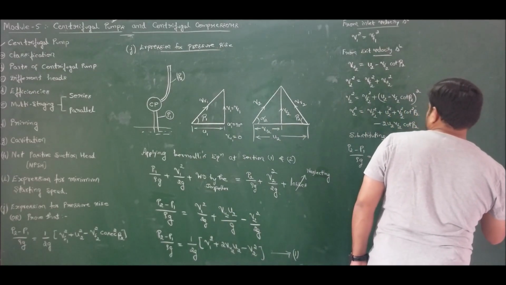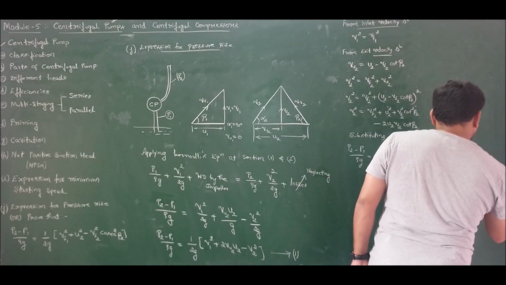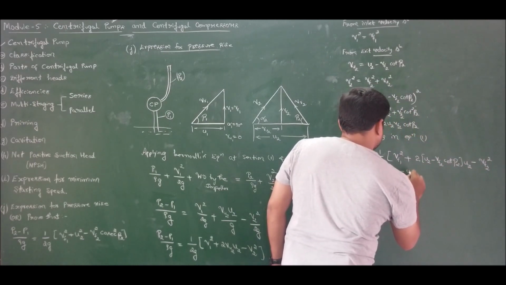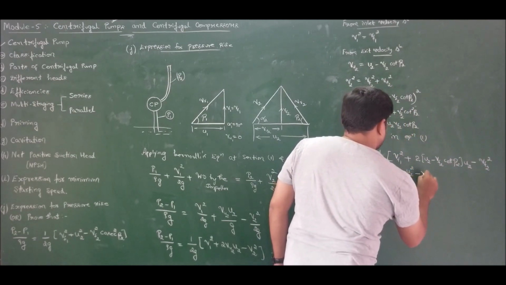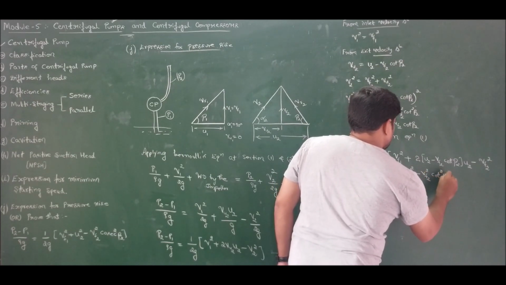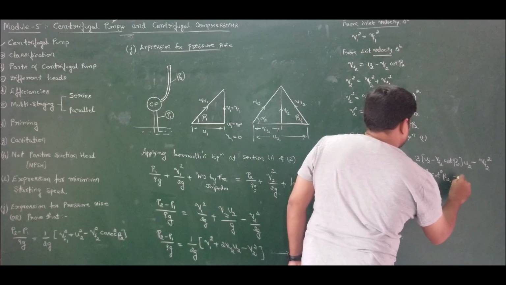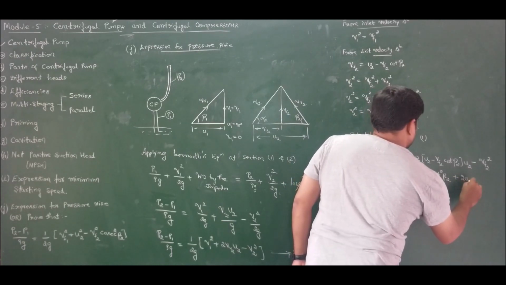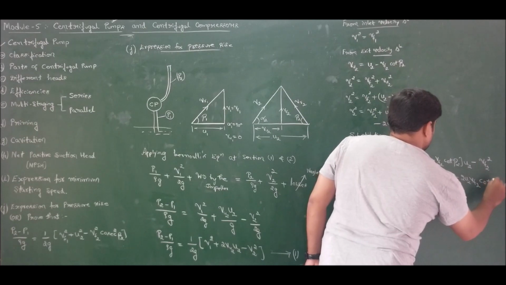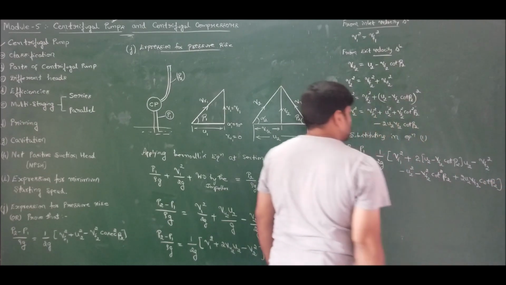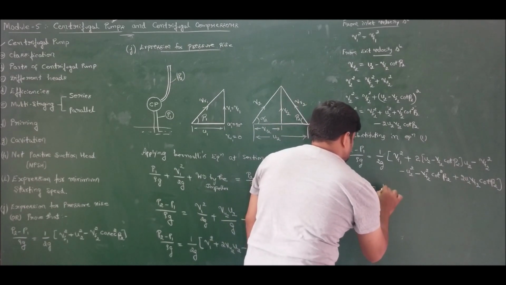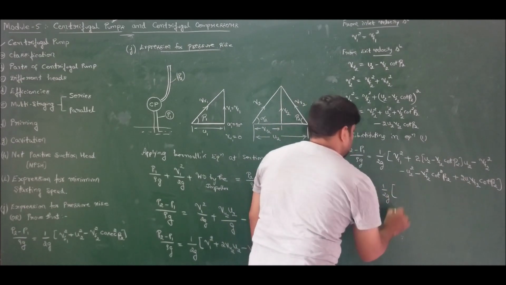Minus V2 square is minus Vf2 square minus U2 square minus Vf2 square cot square beta 2 plus 2 U2 Vf2 cot beta 2. So now further simplification gives us 1 by 2g